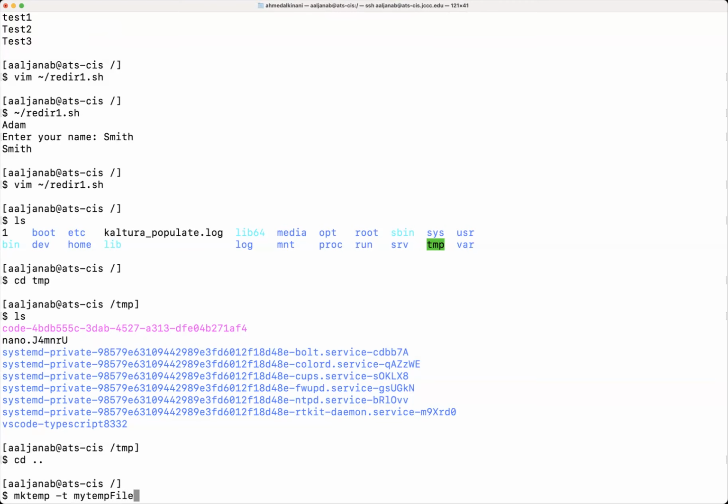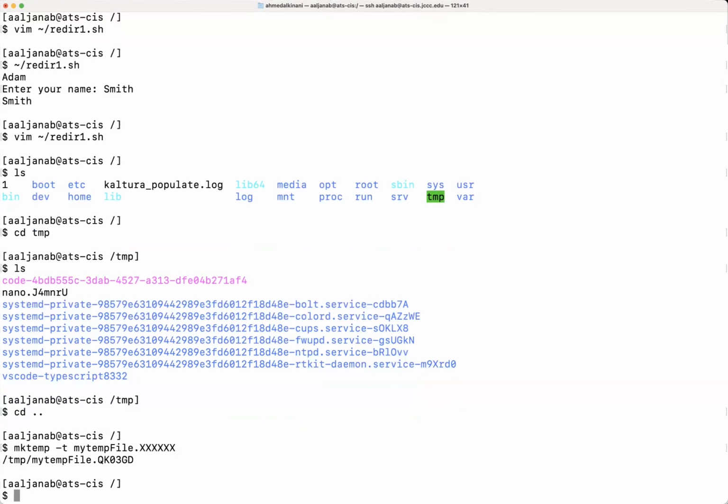Most importantly, you have to follow that with a dot and put XXXXXX, six X's. Okay, and look what just happened. It's telling me that there is a file created inside the temporary folder, and that temporary file is called mytempfile.qk03gd. Now you may ask, where are these characters coming from? Well, those characters are assigned to the file by the operating system. They're used as an identifier for that file.